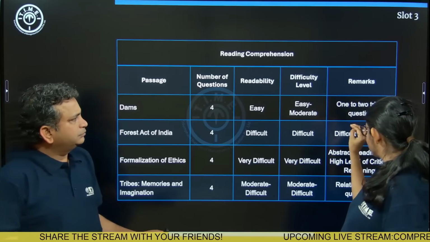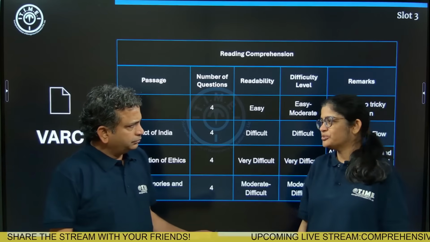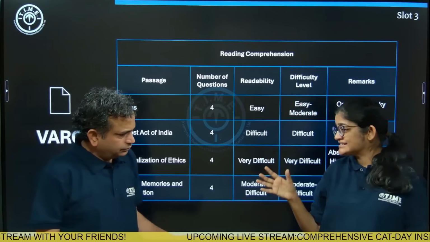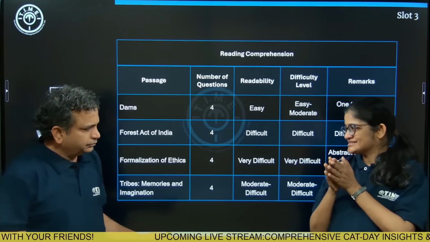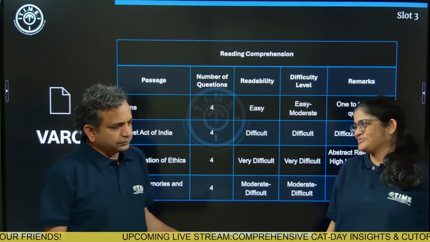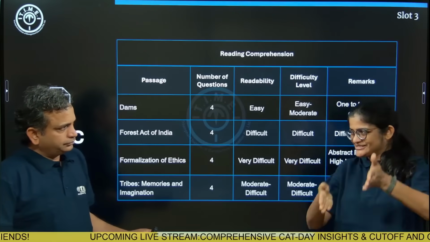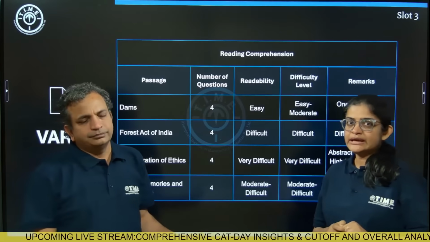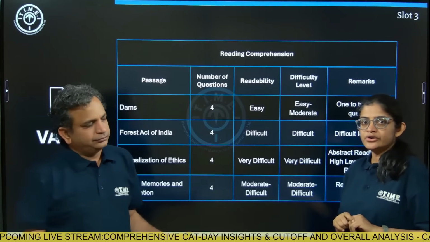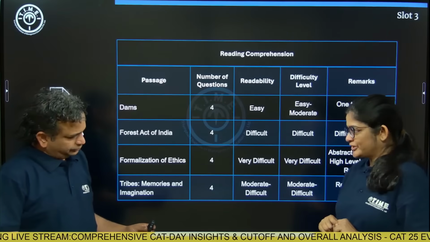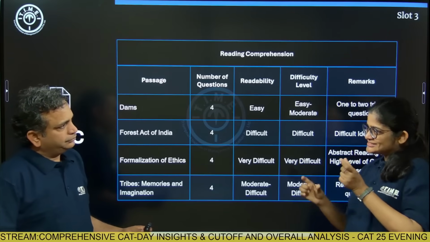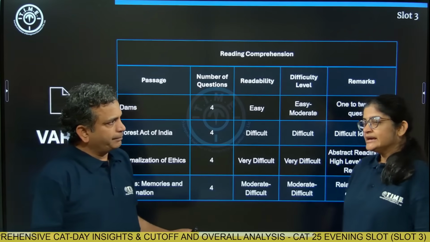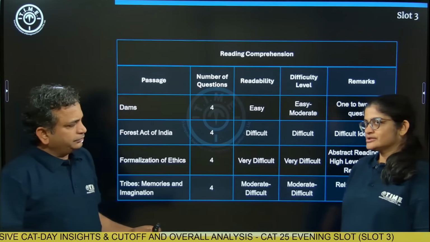In terms of questions, yes, there were 1 or 2 tricky questions. There was one question on the keywords that encapsulate the essence of the passage. That could have been a bit tricky because, as usual, all the keywords were in the passage. That's what CAT does every year. And there was another one on the meaning of a word, where you had to choose the pair of words which meant the same as this word. And the word was instantiation or something like that.